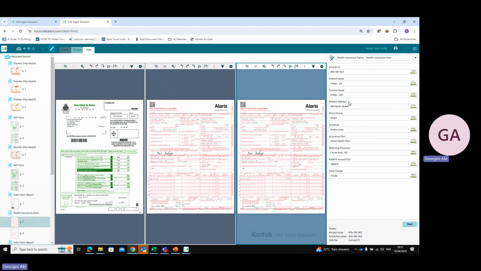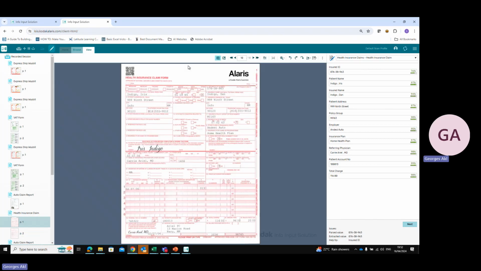Of course, the indexing fields will remain related to the one that is last on the right over here. So you'll be able to compare between them, and you can, for example, reject this one or insert some annotation, and then you close and you send the batch to be exported and saved on the DMS,